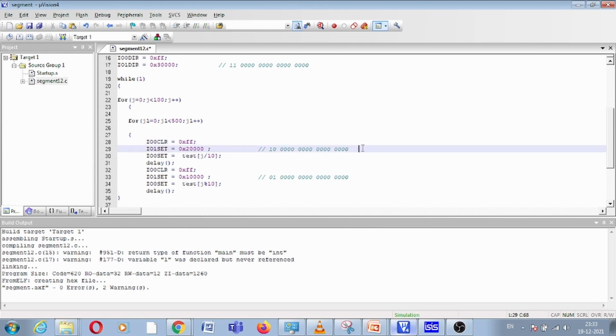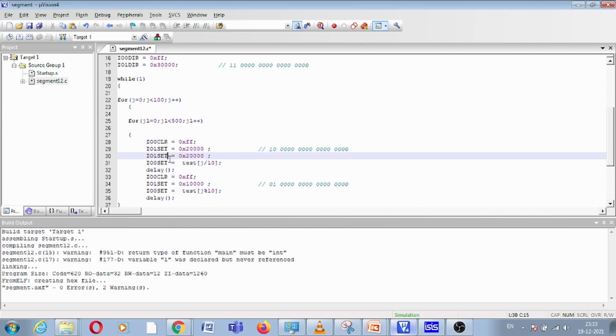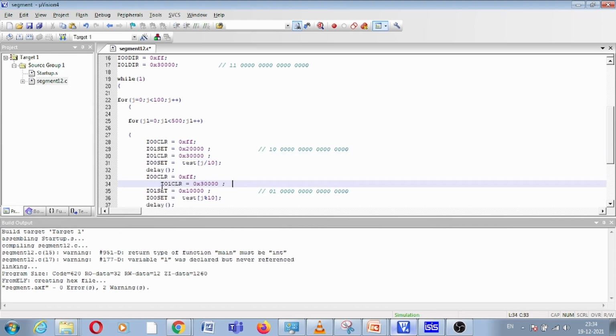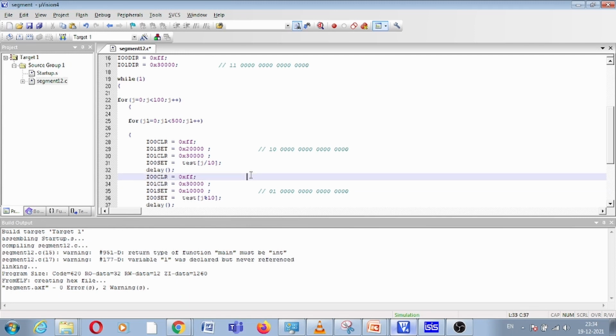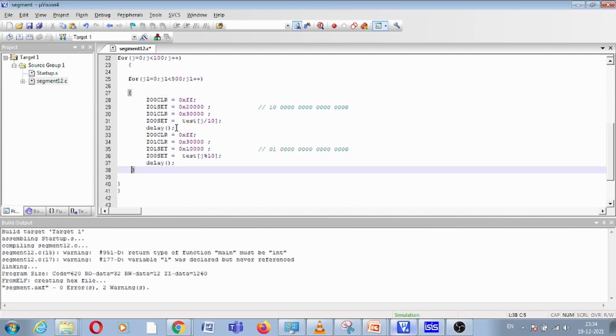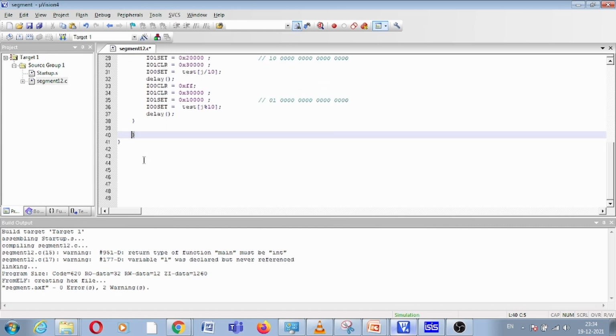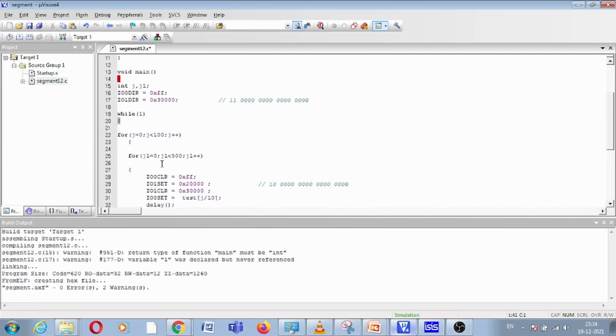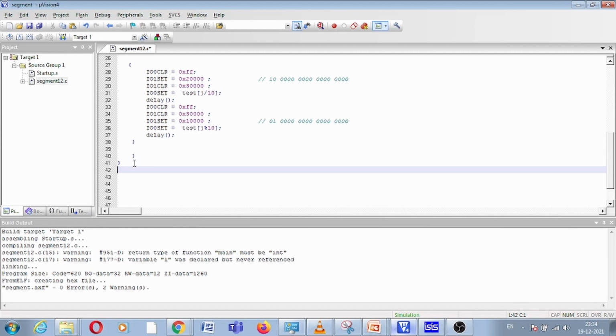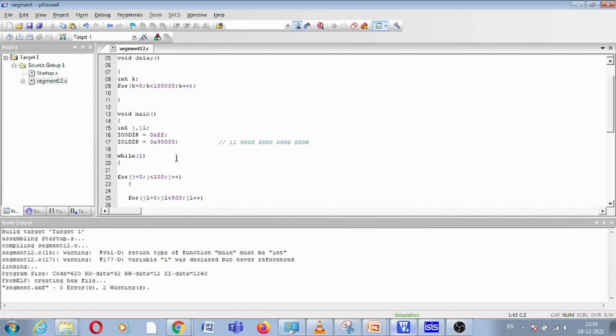So we will write CLR and 3, so it will clear our selection line also. Okay, so it will not save our previous value, right? So this is the inner for loop, this is the outer for loop, this is while 1, and we have to end our main code also, right?